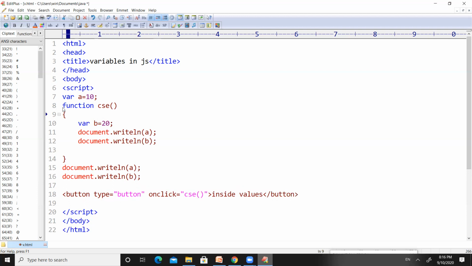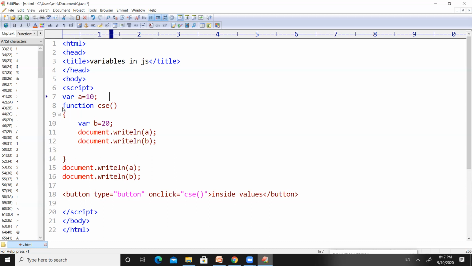So the scope of this function will end here. The scope of the function starts with the first curly brace and ends at the next curly brace. So if outside of the function we try to access this variable B, it will not be printed. Only the value of A will be printed, because A is declared outside of the function.